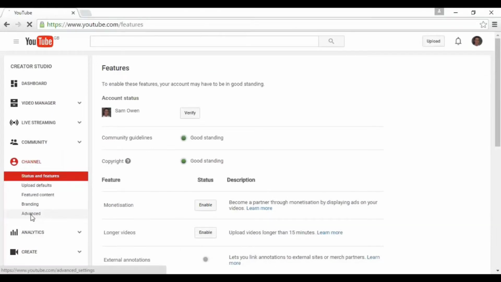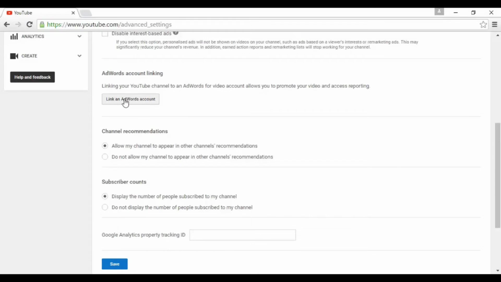Then down here on the left hand side, come here to where it says Channel and click that, and then come down to where it says Advanced and click on that. Then scroll down to where it says Link an AdWords account and click on that, and you'll be walked through the process of linking your channel and your AdWords account.